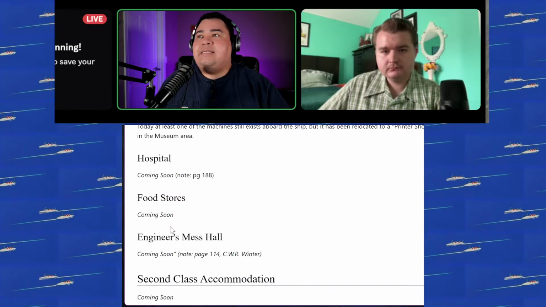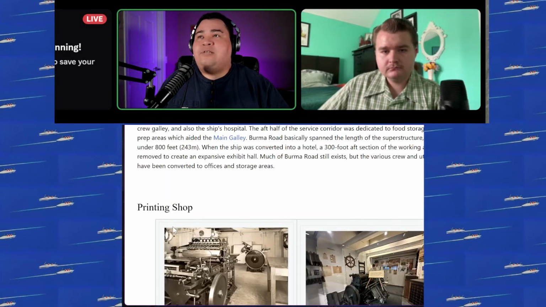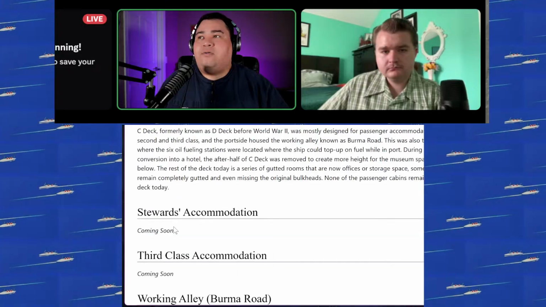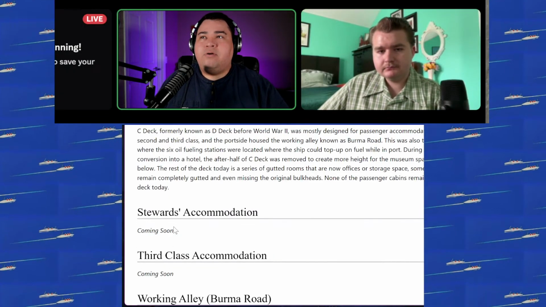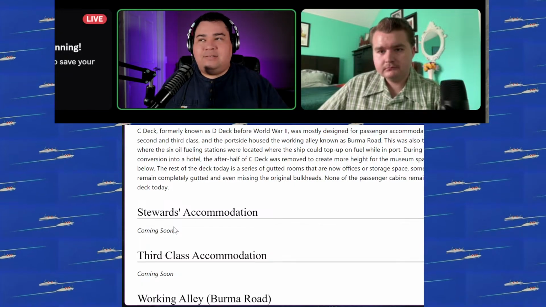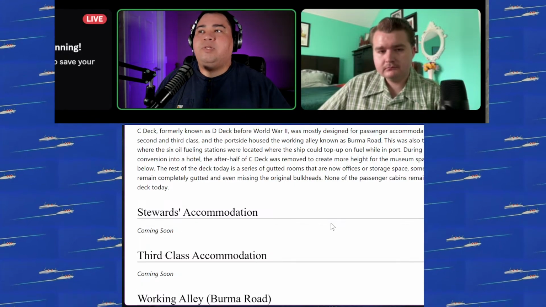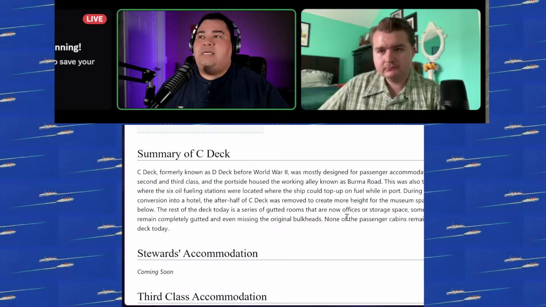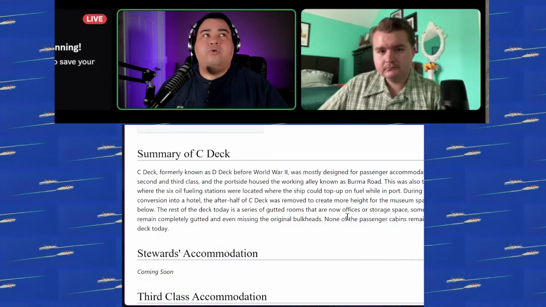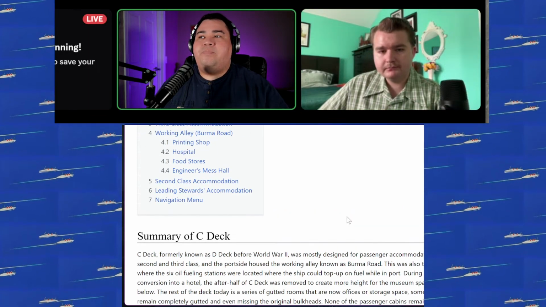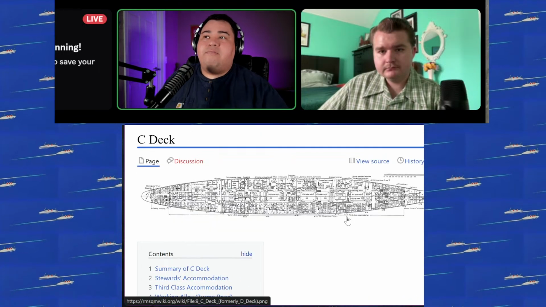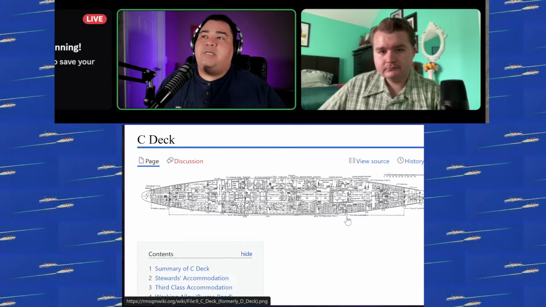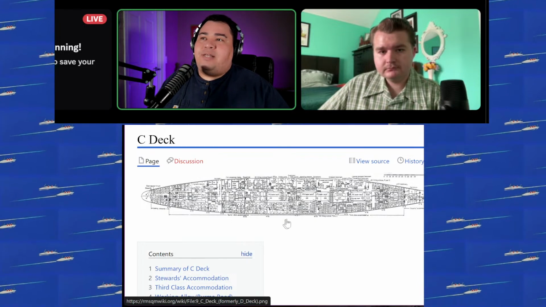But other than that, this page is probably just naturally going to be very light all the time because there's so little information currently available to us to really talk about these crew areas. As soon as we do have information, whenever we find it, we'll put it on the website. There's a few things on this page that I could work on.